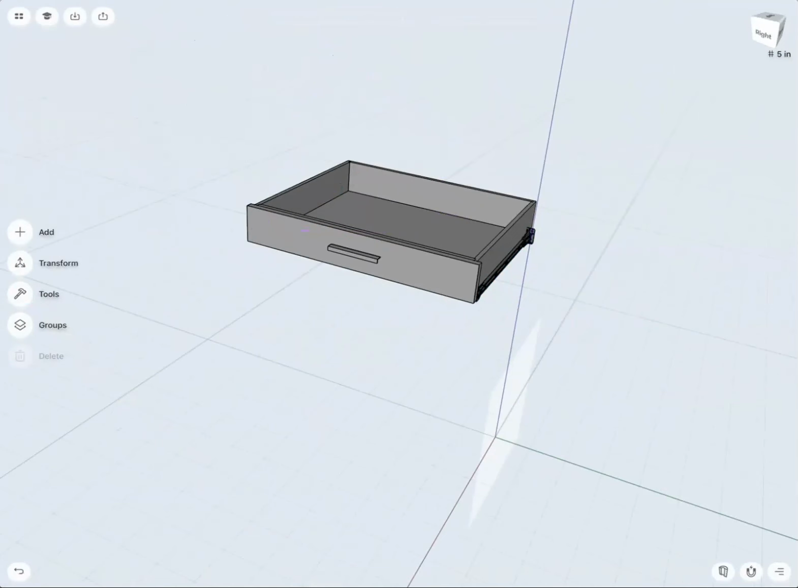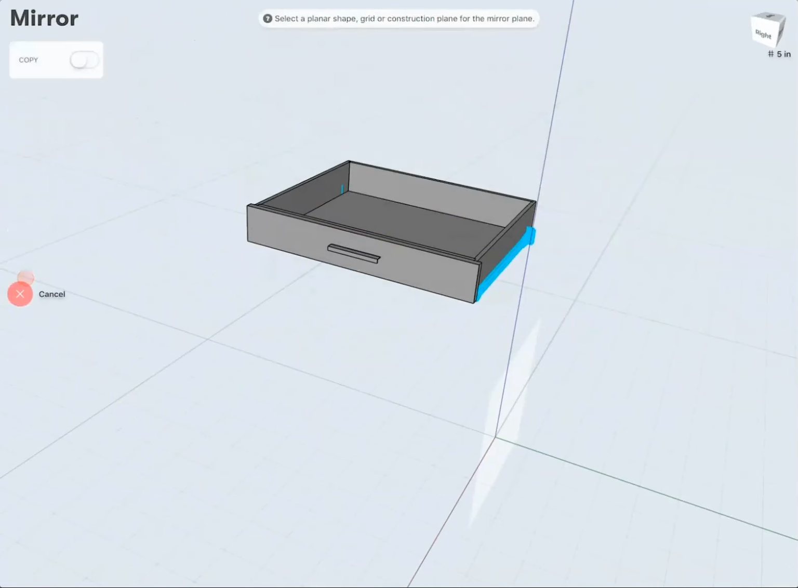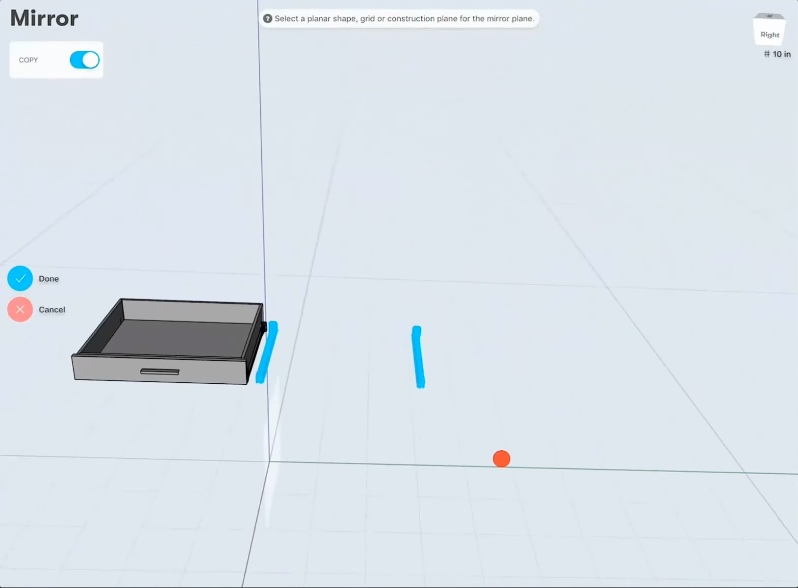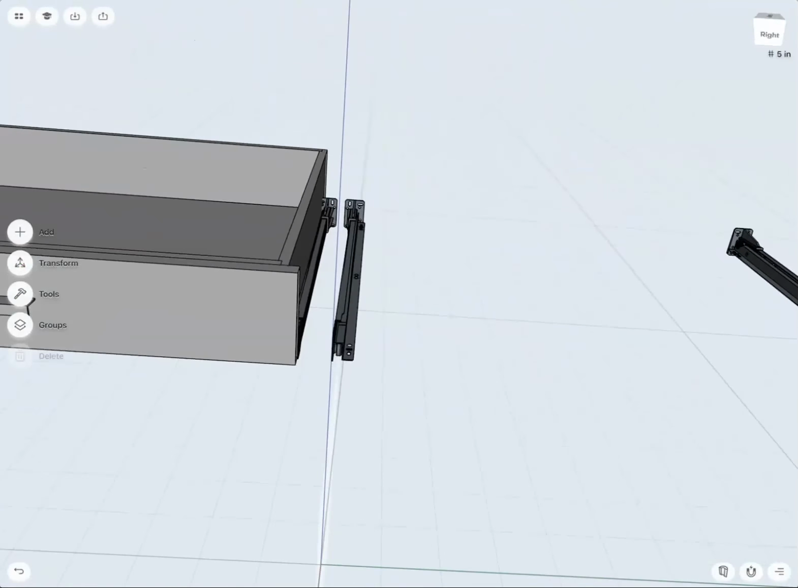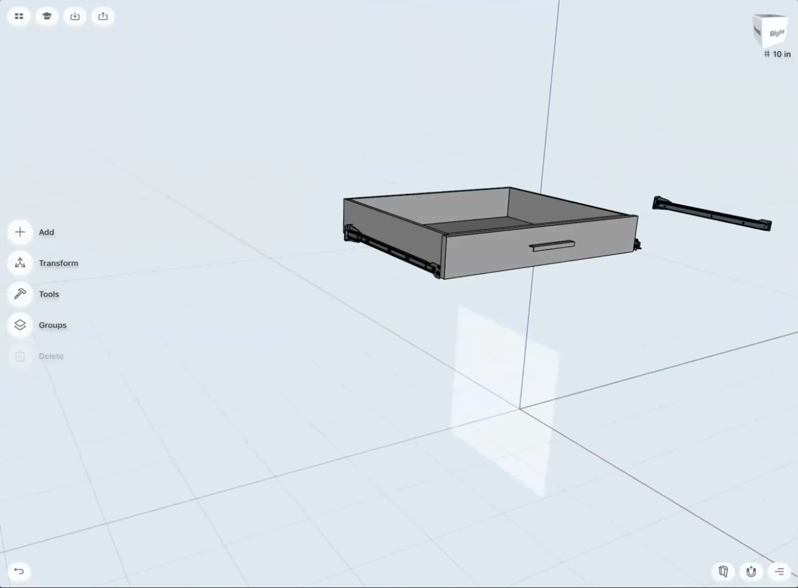To create everything for the right side now, I could go to mirror, group, imported, next, select the plane, obviously make a copy, done. And as you can see, we now have everything on the other side too. So very easy and actually also very accurate. Okay, and that pretty much,